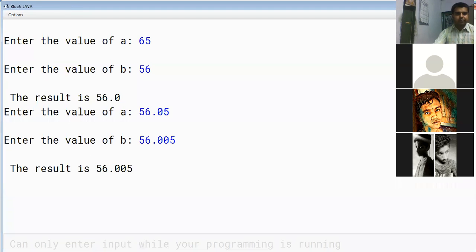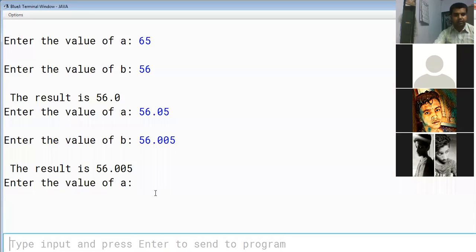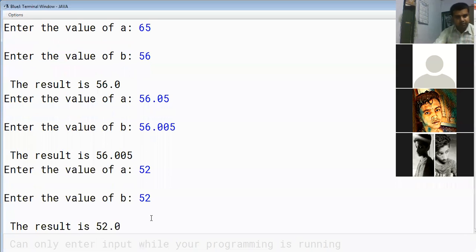Now what if we take equal values? Let's check it out. We have not checked this in the maximum part, but whatever happens with the minimum value, the same will happen with the maximum value if we take equal values. So if I take 52 and 52, it is understood why 52.0 is coming.